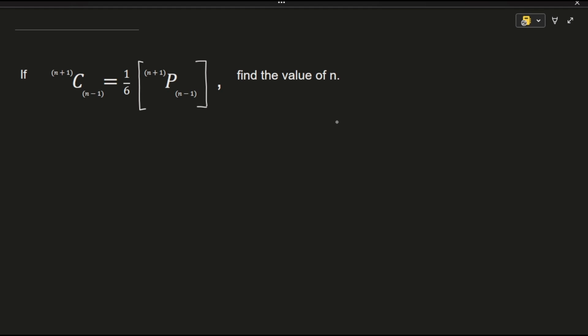Now, in this video, we look at a question on combinations and permutations, and we've been given a question that if n plus 1 into brackets combination n minus 1 is equal to 1 over 6 into brackets n plus 1 permutation n minus 1, what is the value of n? Now, generally,